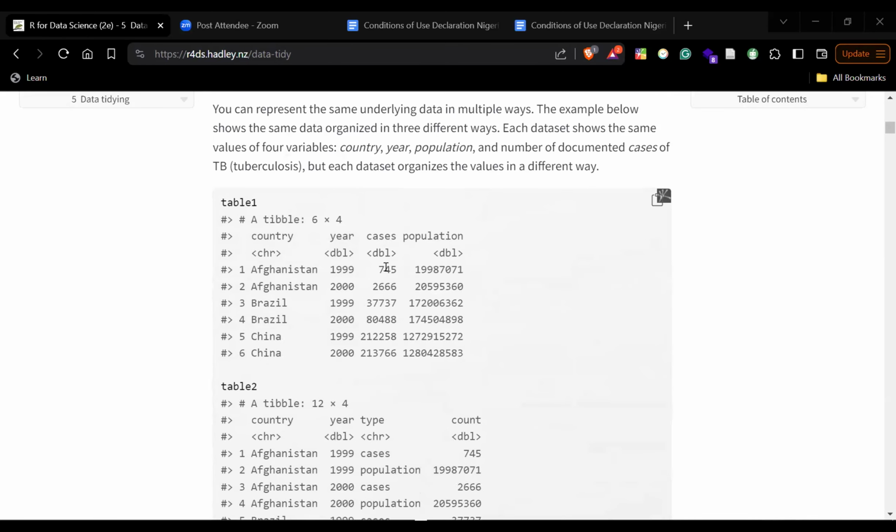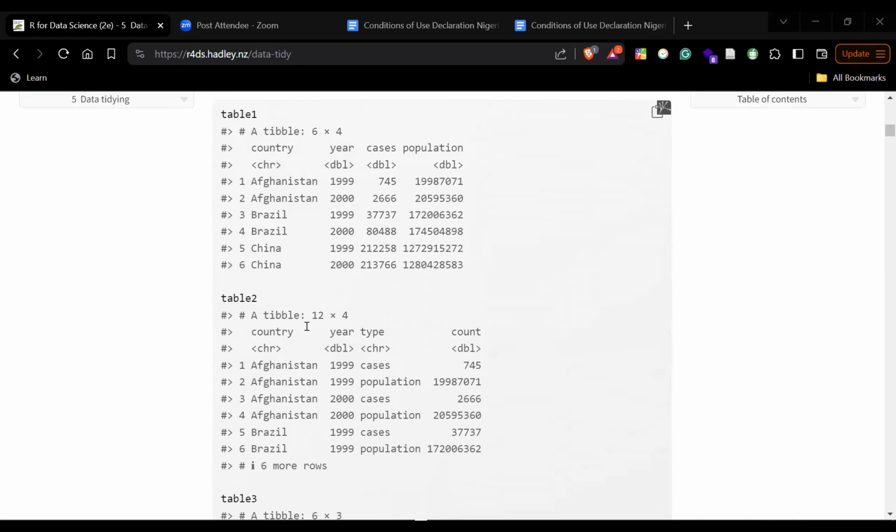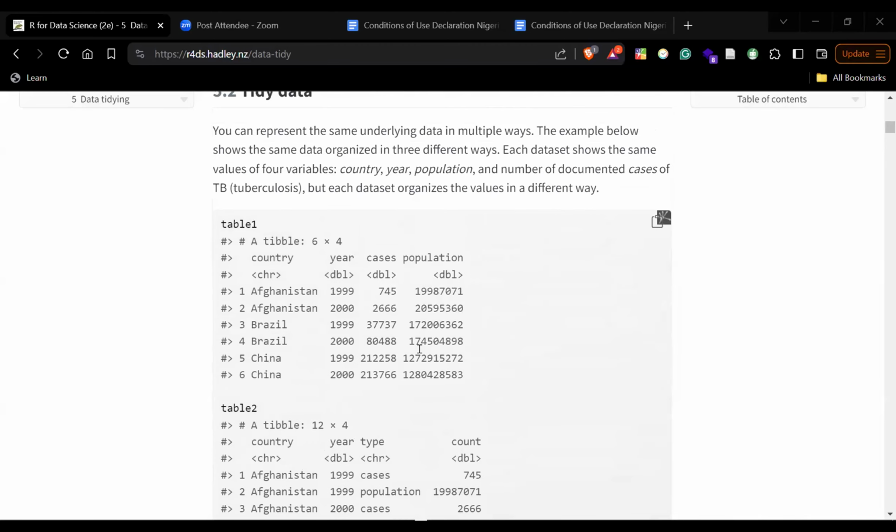It's the same thing as rate, which is what they did here. It was still the same thing in this particular data. Most of the time, the person you want to work with population might not be able to work with this particular data set. So you might need to give him either table 2 or table 1. But in terms of analysis, the best data among these 3 that one can make use of is